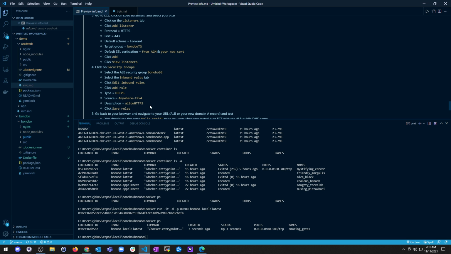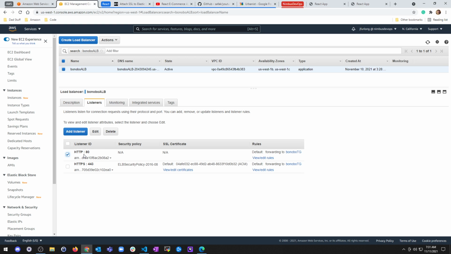So now, if we want to secure this down a little bit, I can go to my port 80 listener and I can just be like, bye Felicia. And now my listener is no longer listening on port 80. So if I refresh this, and it's not in my cache,